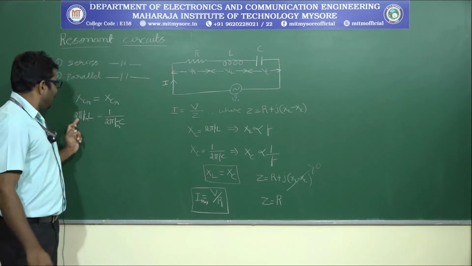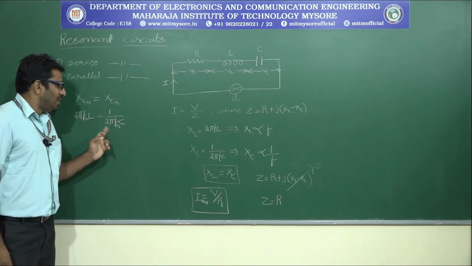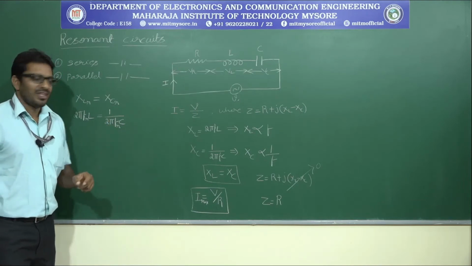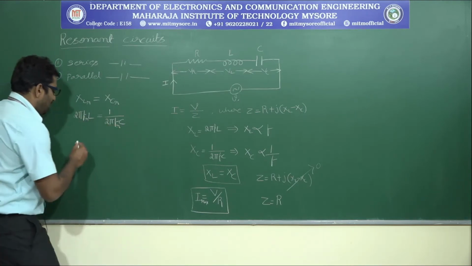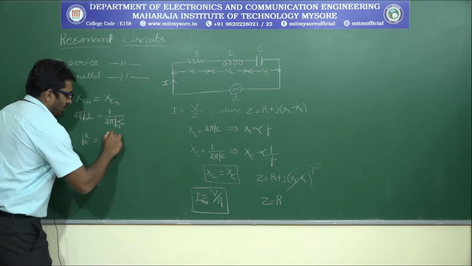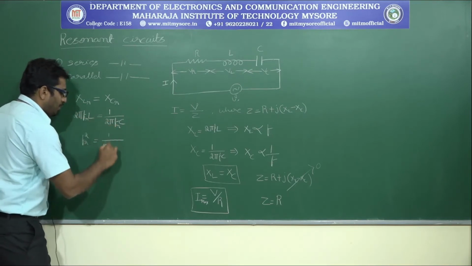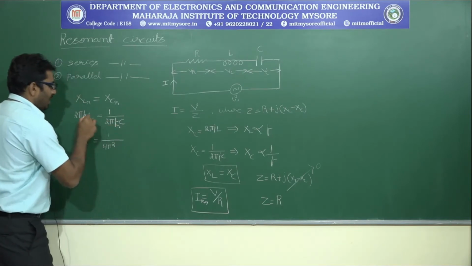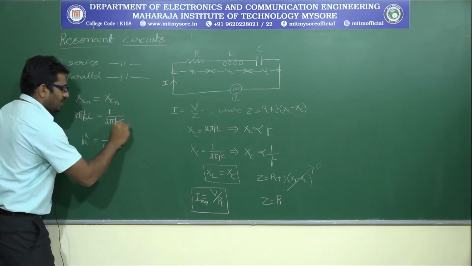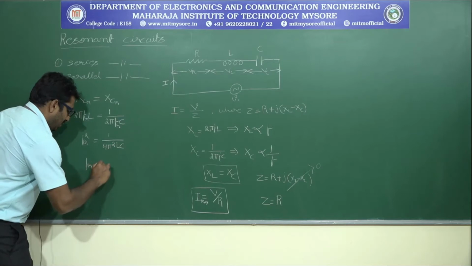So 2 pi FR L is equal to 1 divided by 2 pi FR C. Now FR into FR, FR square is equal to 1 divided by 2 into 2, 4, pi into pi square, L into C. Take a square root. FR is equal to